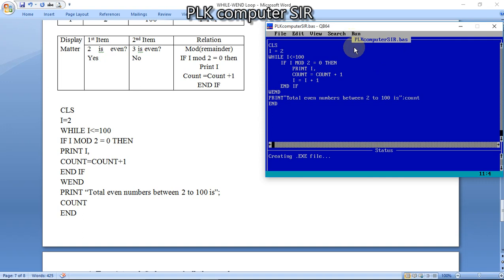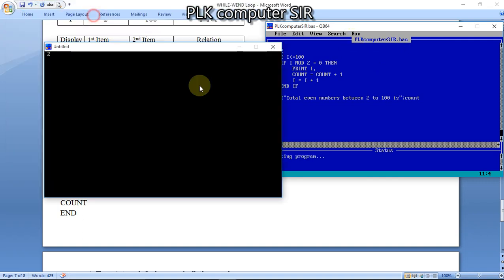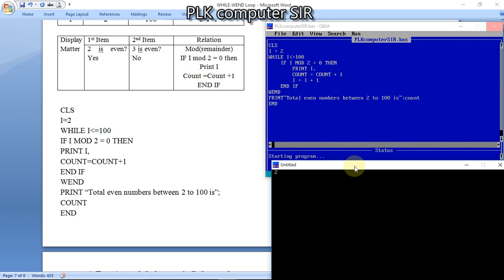Now if we run the code, what are we getting? What is the mistake here, my dear student?